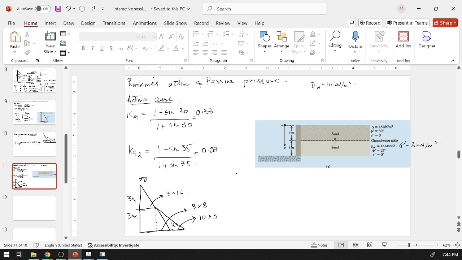Okay, now let us talk about the sigma horizontal. So the stress here will be 16 into 3. See, this is 48. This is 24. And this is 30. Okay. And initially K is 0.33. So up till here, this will be 48